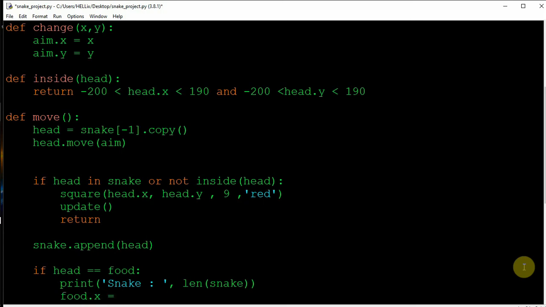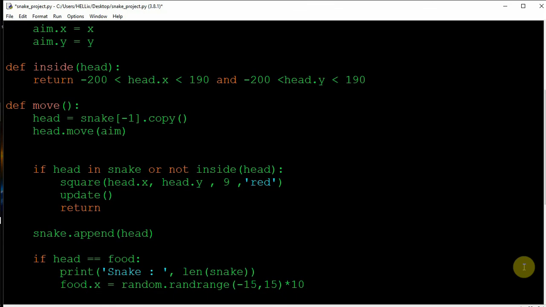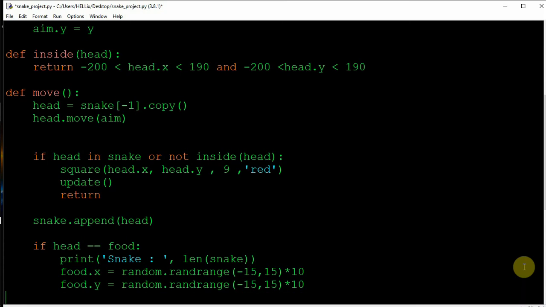So food location will be changed to a random range. Let's say random dot randrange, and the range is let's take minus 15 to positive 15, into 10. We'll do the same for the y-axis, so write print and change it to y. So this is the condition if the head is on the food.